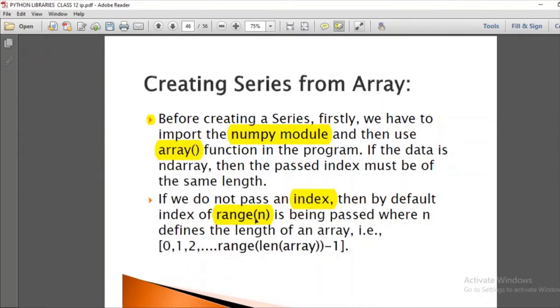For example, I am giving the array 4, 2, 3, 7. So it has length 4, and then range of 4 minus 1. This is how it calculates its index on its own.